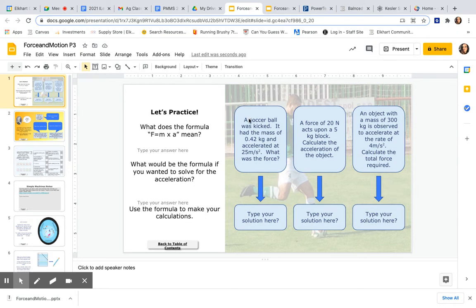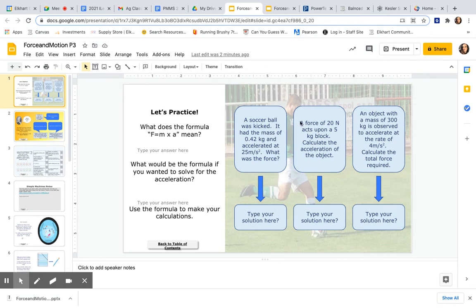So right here, you're going to be looking for, it says a soccer ball was kicked. It had the mass of 42 kilograms and accelerated at 25 meters per second squared. What was the force? So you're going to use your F equals m times a formula to get that answer. So your mass, which is 0.42 times 25, equals your force, and you will type your problem and your solution